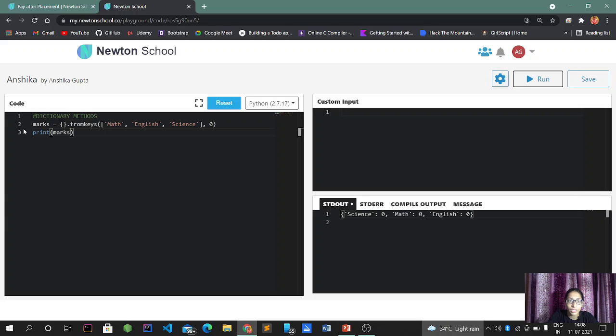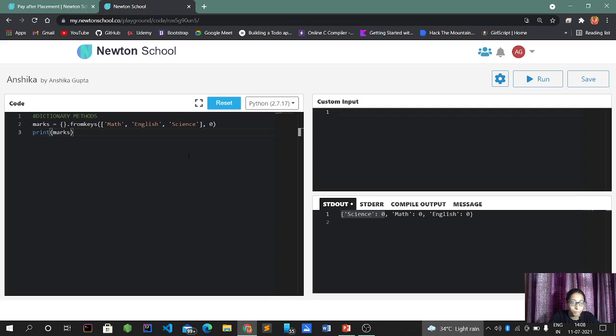So when I have declared the marks list from the fromkeys method, it has given me the output that the value of science is 0. All the values are given as 0. So maths is equal to 0, English 0, science 0. Okay, these are the values obtained by the marks list.